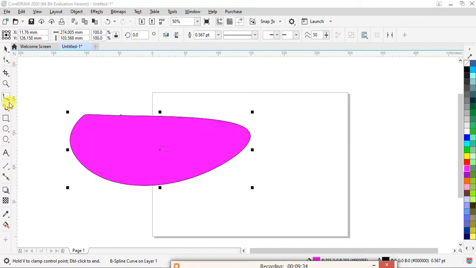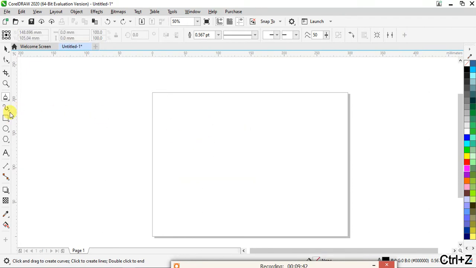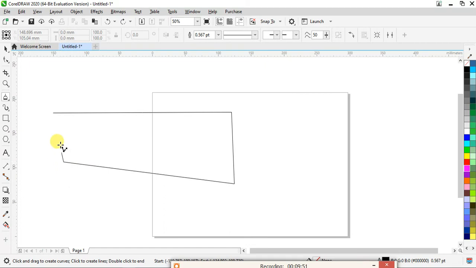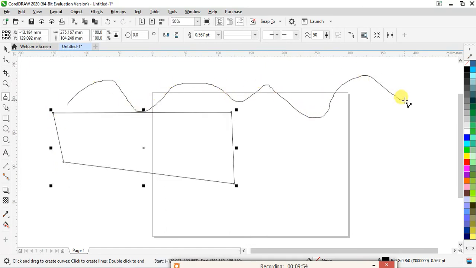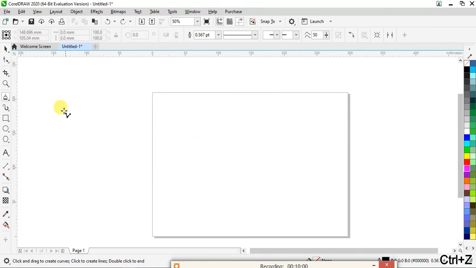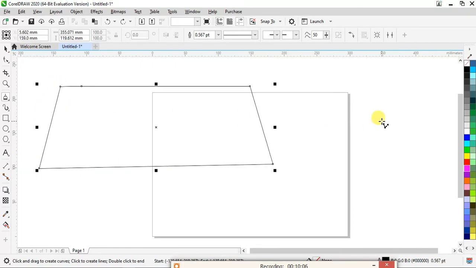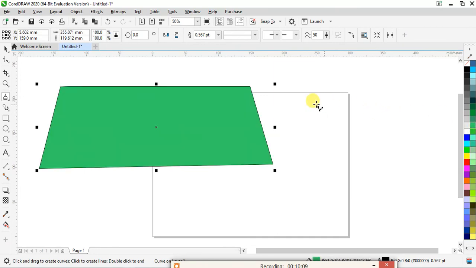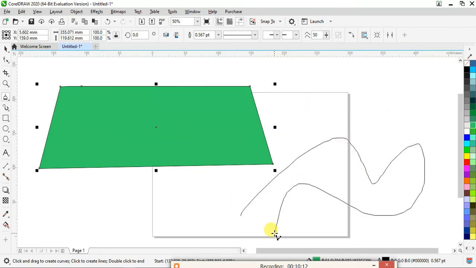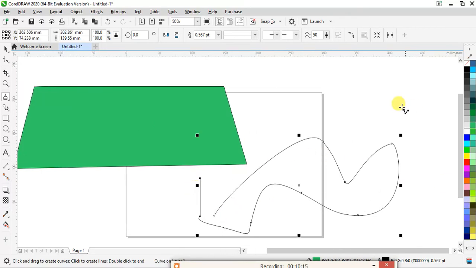Now the next tool is our polyline tool. What does it do? First of all, there are two uses of the polyline. With freehand also you can draw. It is the same thing, you can draw anything, or you can just draw it as a freehand drawing, clicking the mouse. If you want to release this, double click on it and you can get your object ready. So this is the polyline tool. It is used for drawing any polygon you want. It is also used for filled objects, and also for any drawing. And if you want to release, double click it. So this is so simple.